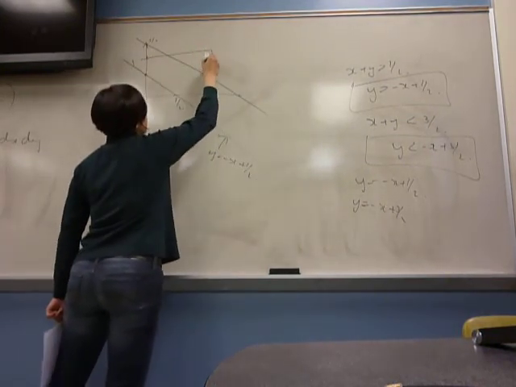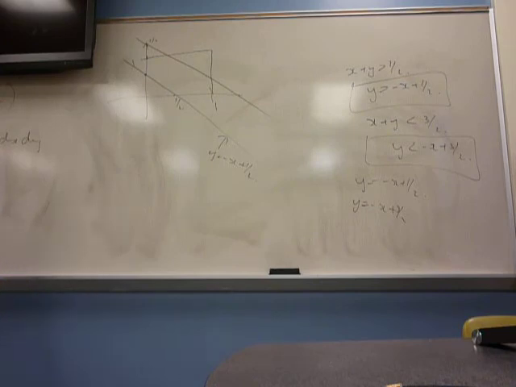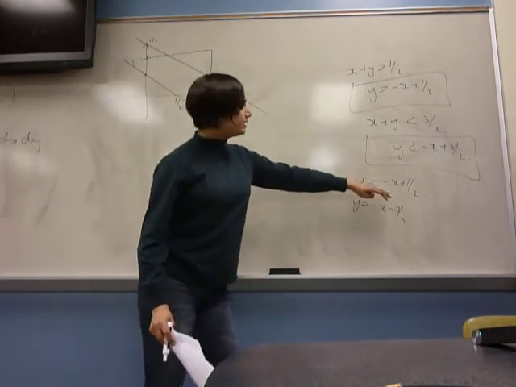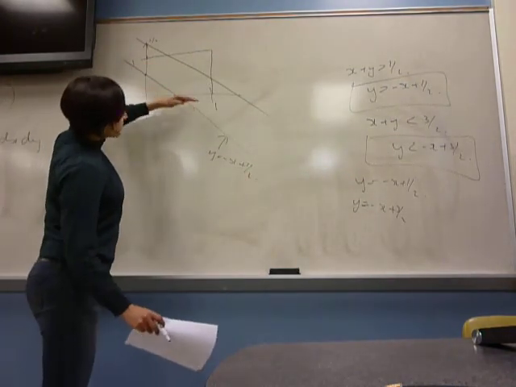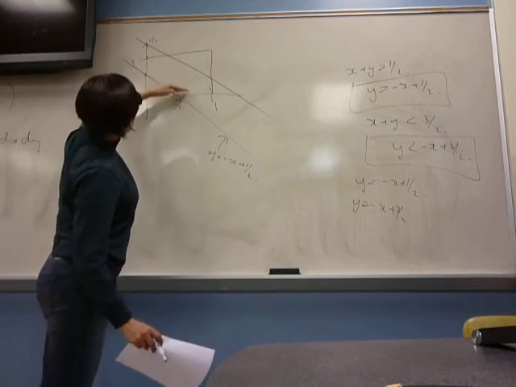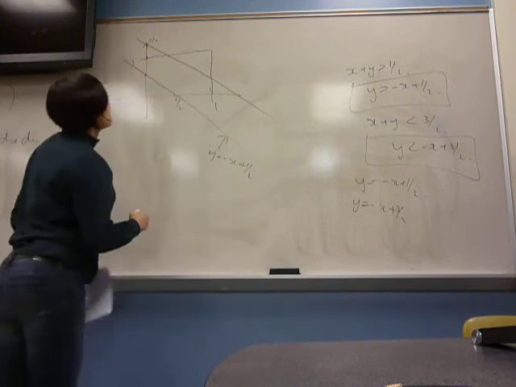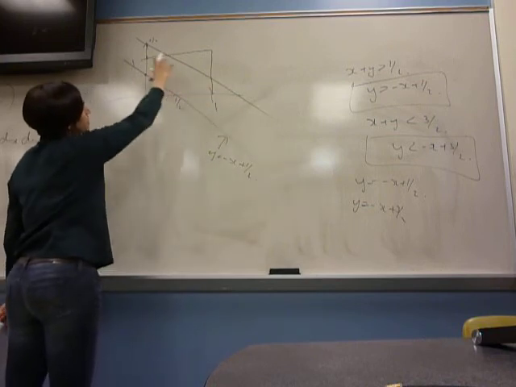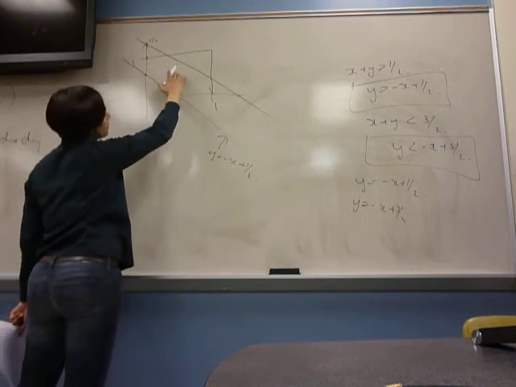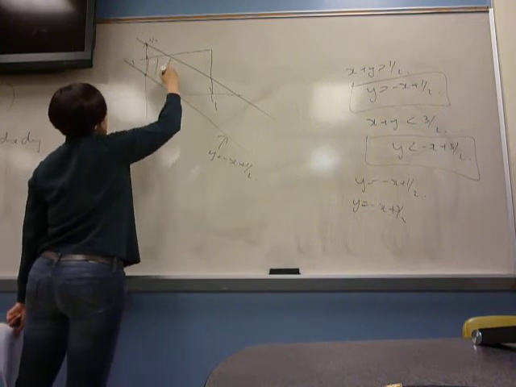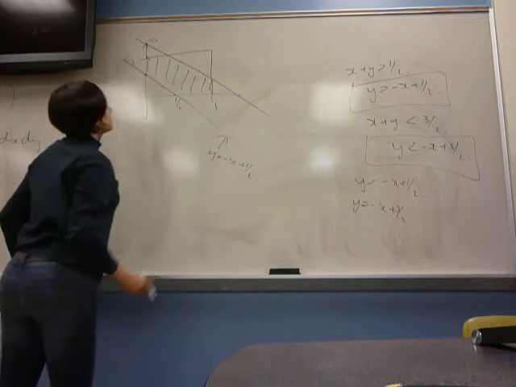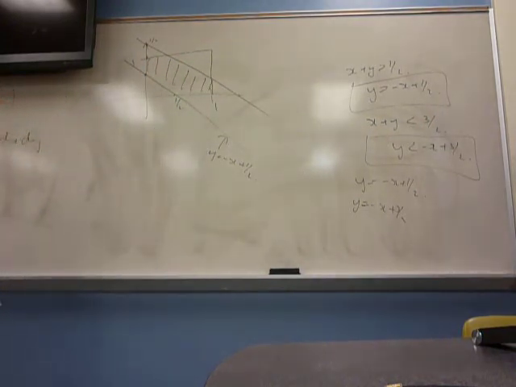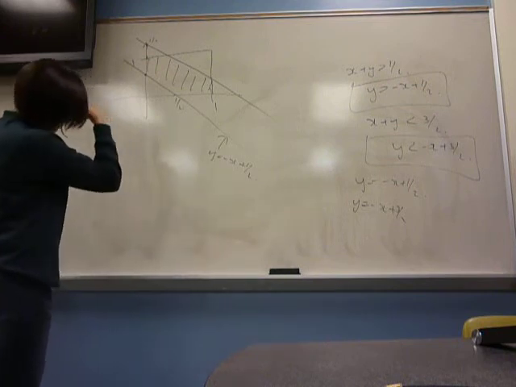And this region. So you want y between these two lines, right? Y greater than negative x plus 1/2 and less than negative x plus 3/2. So what is the region of this strip overlapping with the triangle? It's this region, right? So if you want to integrate over that region,